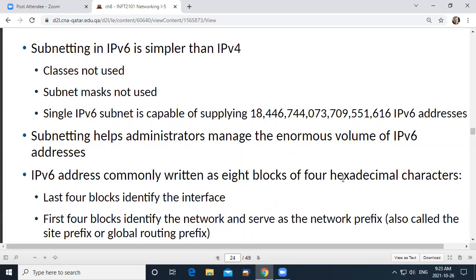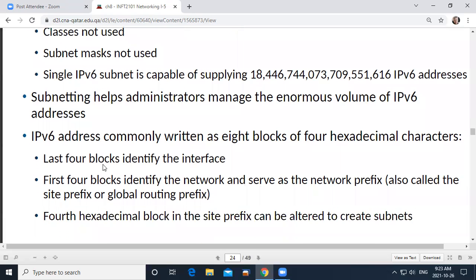And how we do that is within the address. So you know your IP version 6 address is a much longer address, right? It's 128 bits instead of 32 bits. And so it's giving many, many more potential addresses.